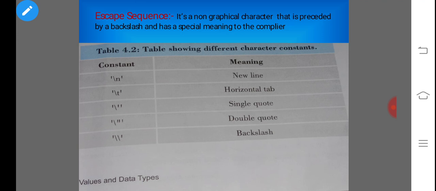Now we see what that special meaning is. If you can see this table, what does backslash n mean? New line. Backslash t? Horizontal tab. Then backslash single quote, backslash double quote, and double backslash, which means a backslash will appear. Now I will show you a practical demo of these escape sequences, to show how they work.